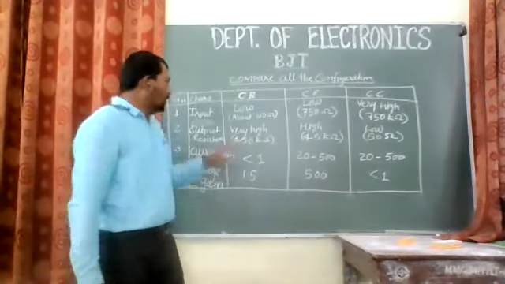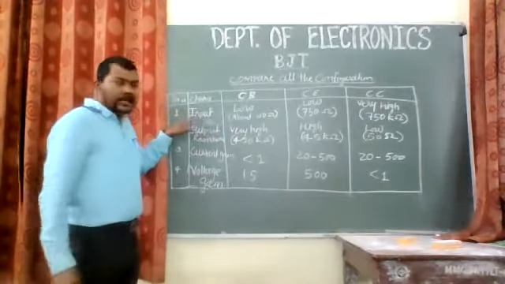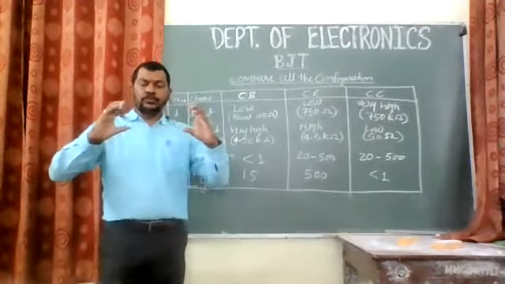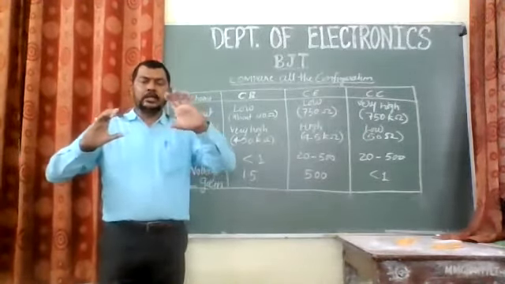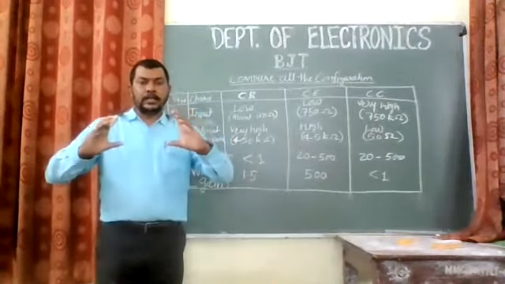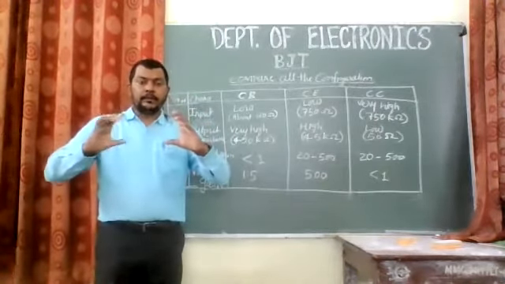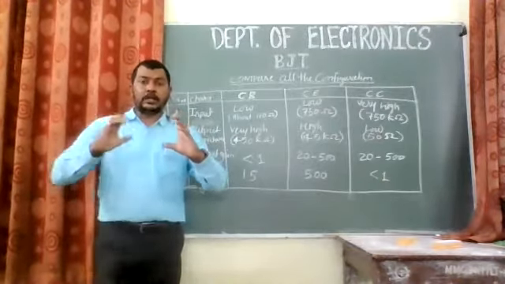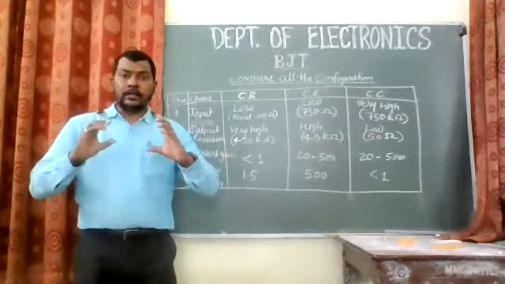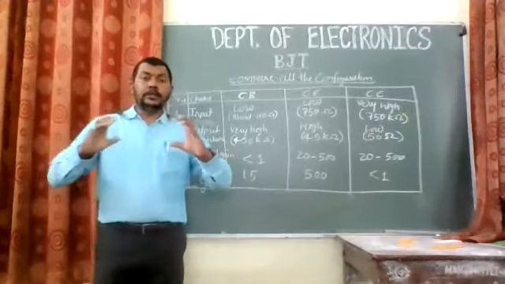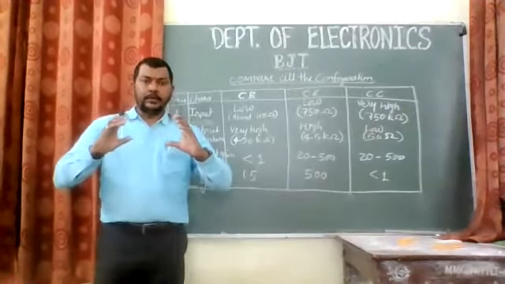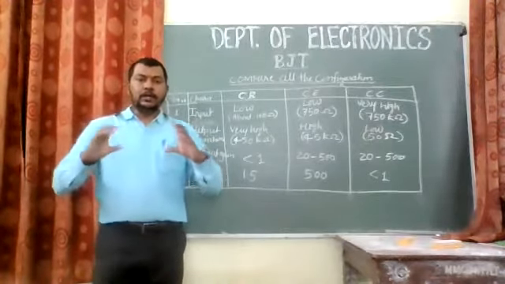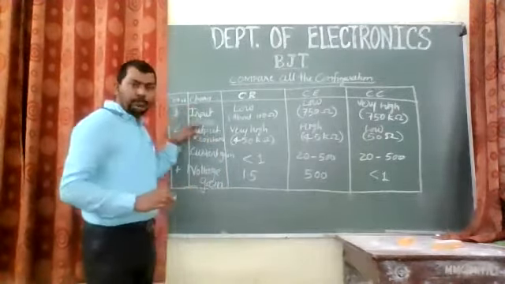So if you see this, you will be able to see. Now what is the input resistance? Whenever we are going to connect two circuits, one will be on the input side and the other will be the circuit we need to connect. So the input resistance of this circuit where we need to connect the input device should be very low, so that there is impedance matching, right? I will talk about this in depth. So the input resistance should be very low.